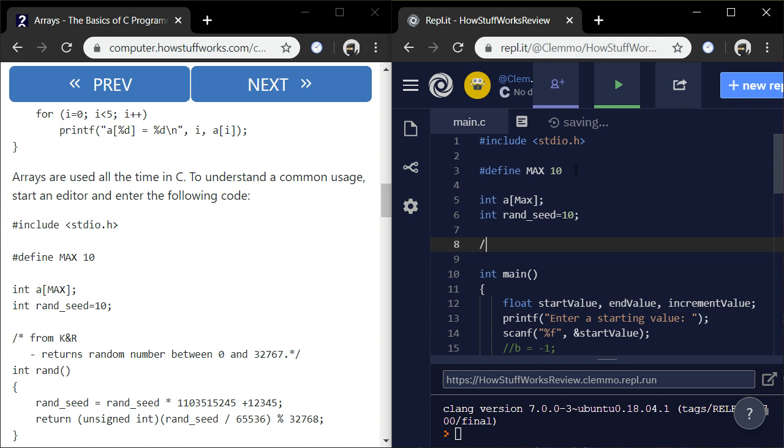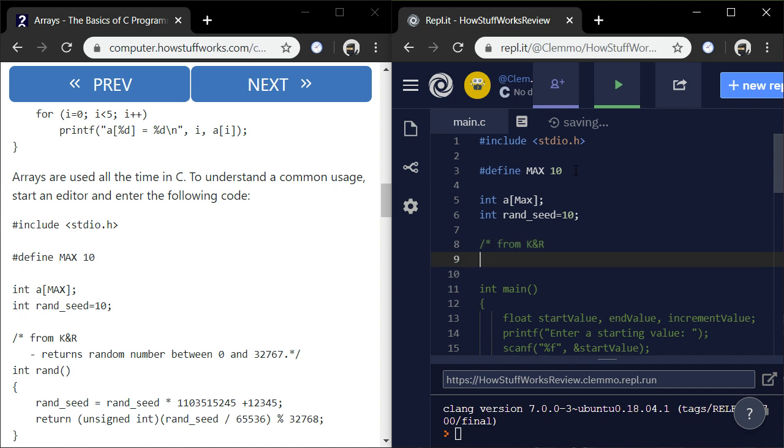A comment here from K&R, which I'm going to guess stands for Kernighan and Ritchie, the developers of the C programming language. And it says returns random number between 0 and 32,767.